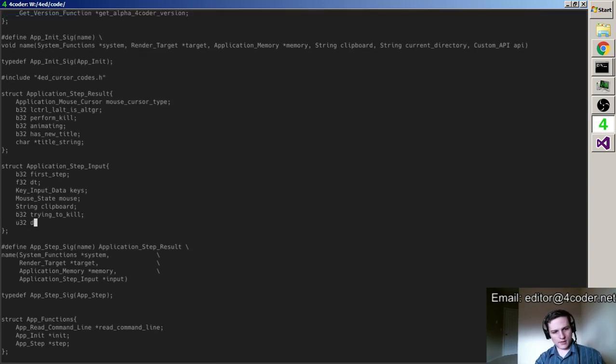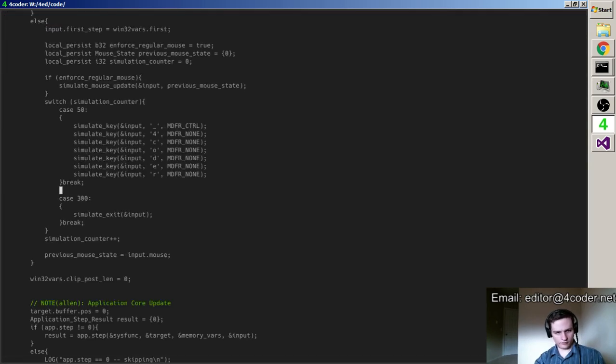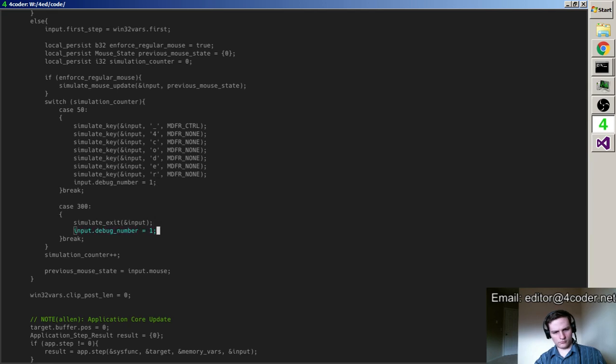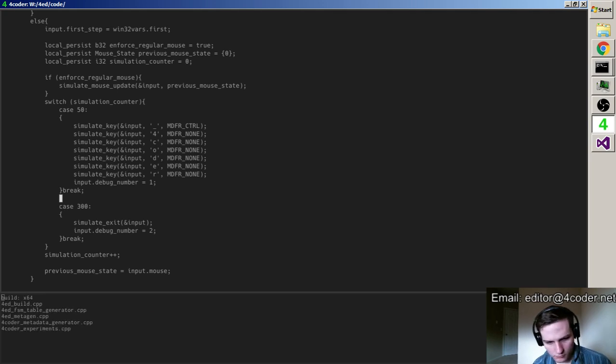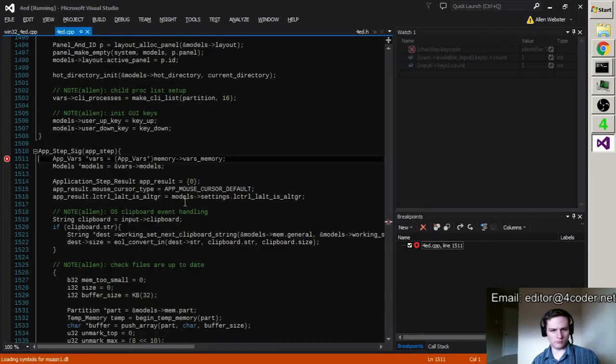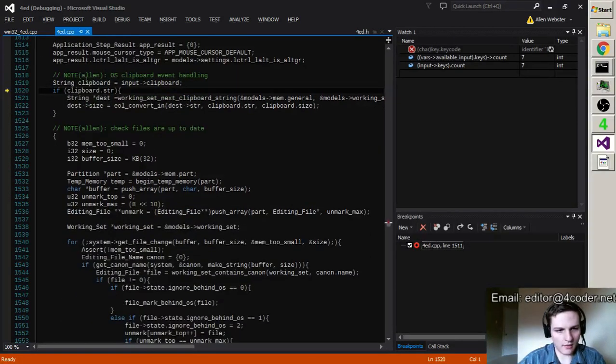And debug number. Alright, so on this frame something's gonna go wrong, and we're gonna step through everything to find out what. Exciting, huh?